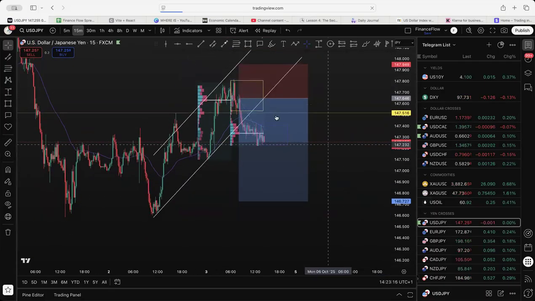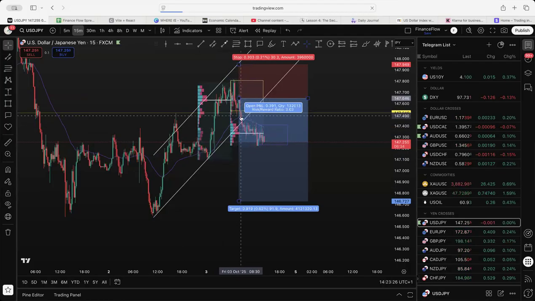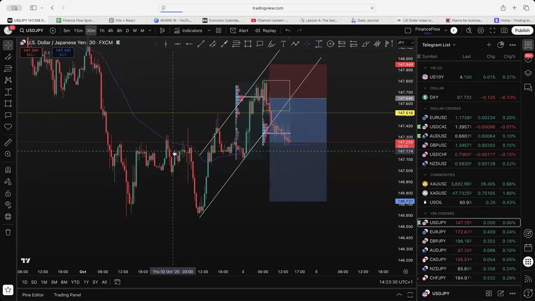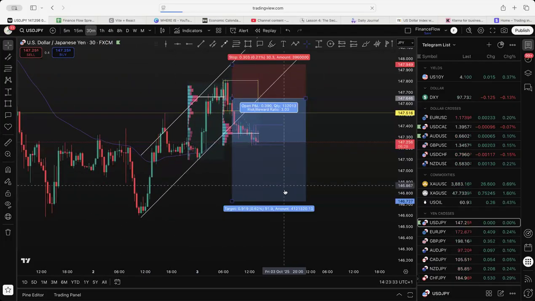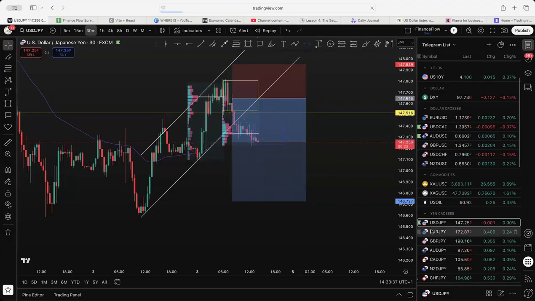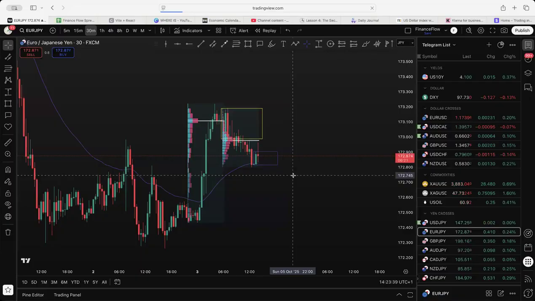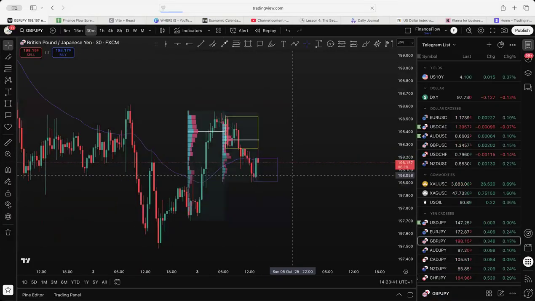USDJPY, I'm going to explain this. This was the one that we gave live earlier. I've actually taken profit because I just didn't like how price moves so quickly here and then it's moving very, very slowly here. So I do think that this is obviously going to achieve target. However, I was happy with that, so I'm going to leave that one alone.